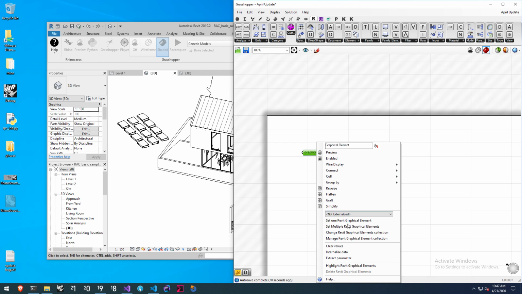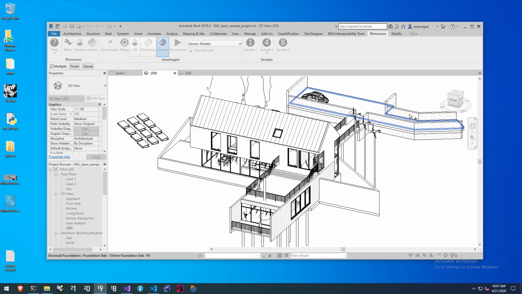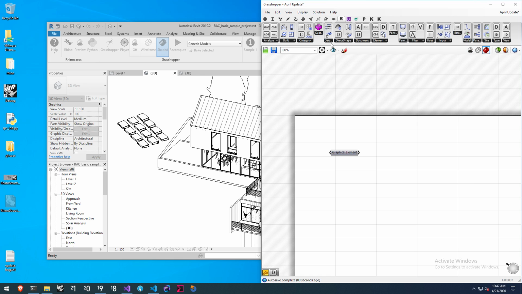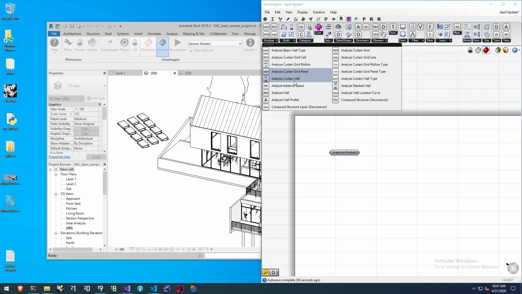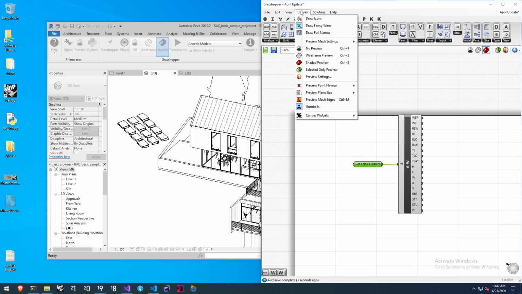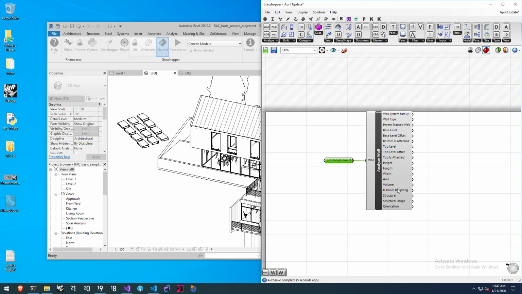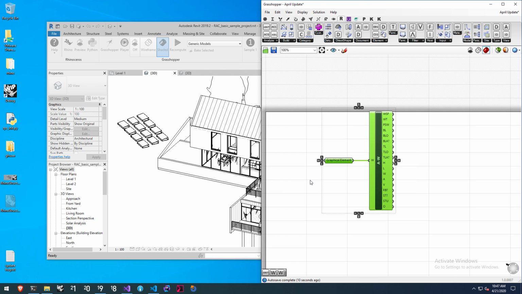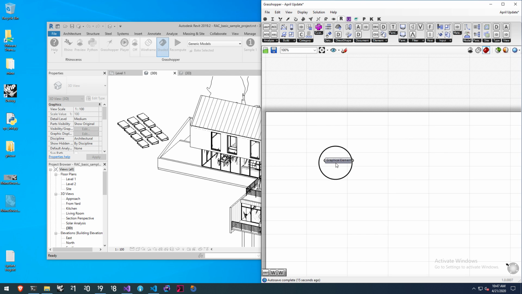I'm going to grab a graphical element, maybe let's select the wall here. And then inside Revit, under the Analyze tab, I'm going to say Analyze Wall. And I can pass that wall here, and I have all sorts of information related to that wall that I can analyze. This is a couple of components related to the basic walls,